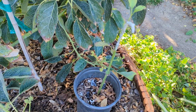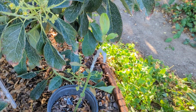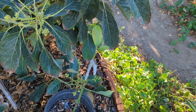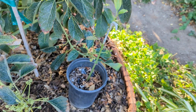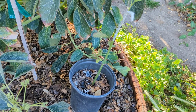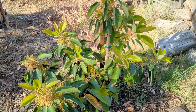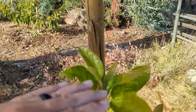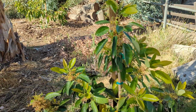And of course I got my little Kona that I grafted right here. Still doing okay. I moved it over here so it can get a little bit more light. See how it goes. All right, so my little Jim Bacon, it's probably, what is this, up to that height right there, which is maybe about